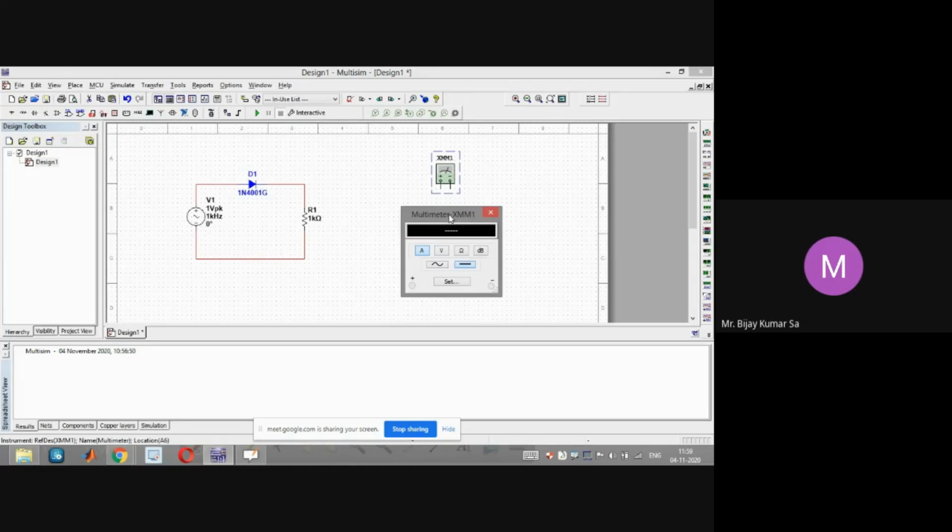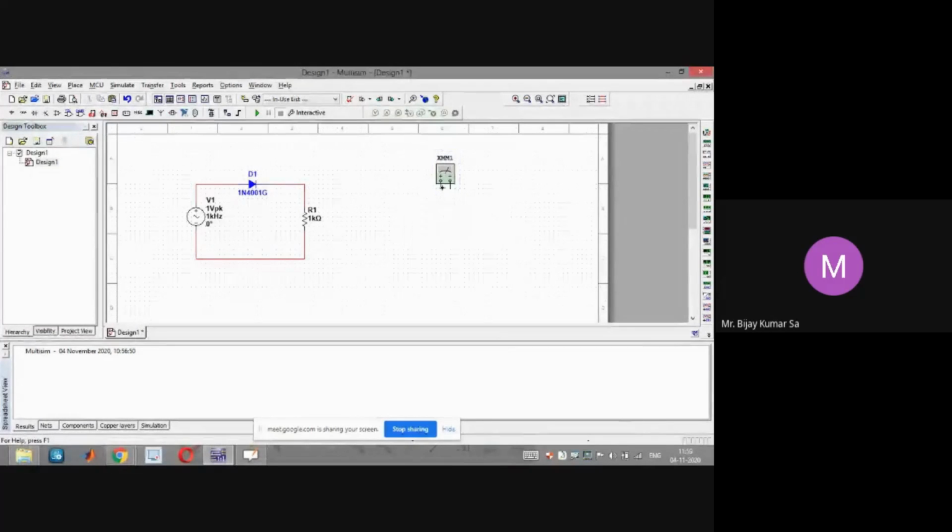So I'm going to use it to measure the voltage. So I will choose the V mode, and I'm interested to know this. When I select this, the multimeter is set to measure the AC voltage. This for AC, this for DC. This is for voltage, this is for current, this is for resistance. So I want to measure AC voltage. So I have chosen AC mode and I have selected the V. So when I connect it to the source,